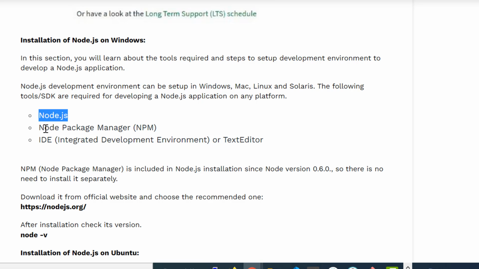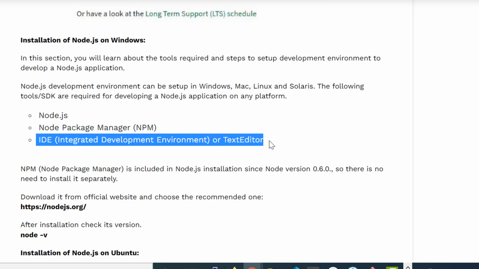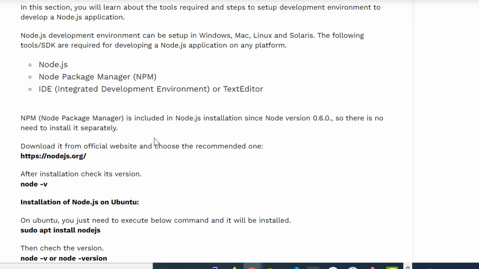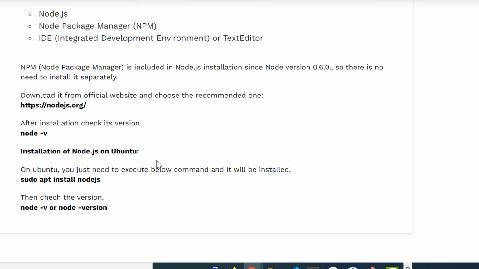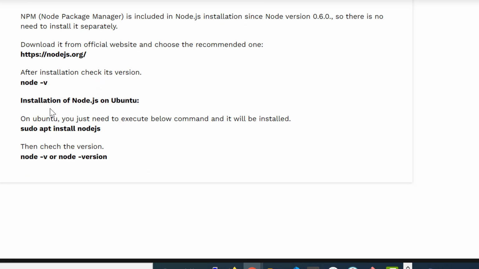First, you need to install Node.js, then npm, that is Node Package Manager. After that, you will need an IDE or text editor to write programs in Node.js. npm is included in the Node.js installation, so there is no need to install it separately. Go to the official website of Node.js and download the recommended version. After installing that setup, you just need to write the node -v command in the terminal or any command terminal that you